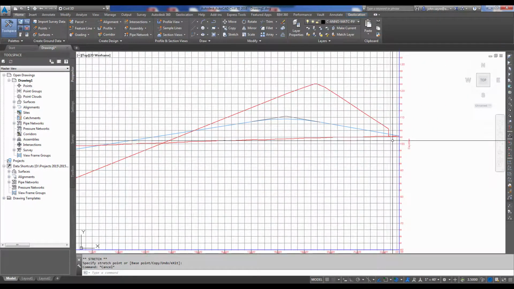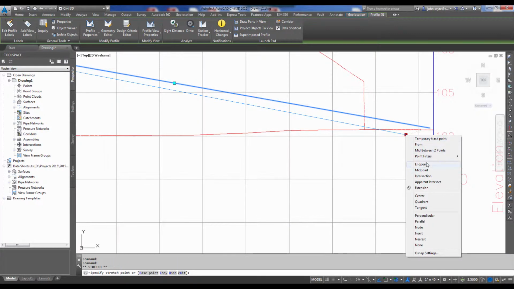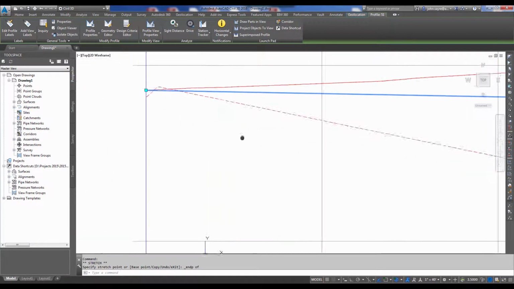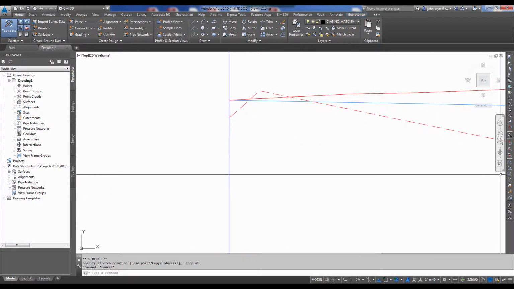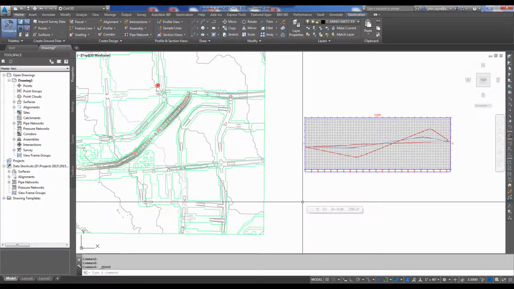We have to be sure that since we moved our horizontal alignment, the end of our profile is touching. So I'm just going to grab it and move it out to the end. I'll double check the beginning, make sure of that also. Now that we've got the horizontal and vertical set the way we want, we need to go ahead and build